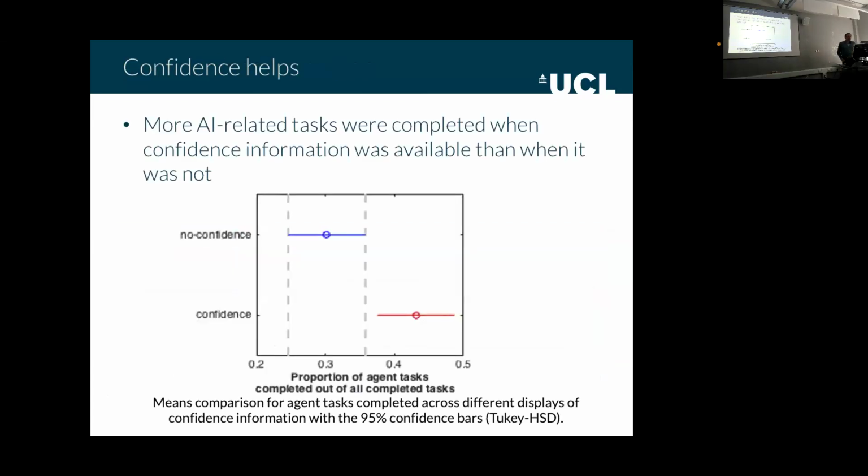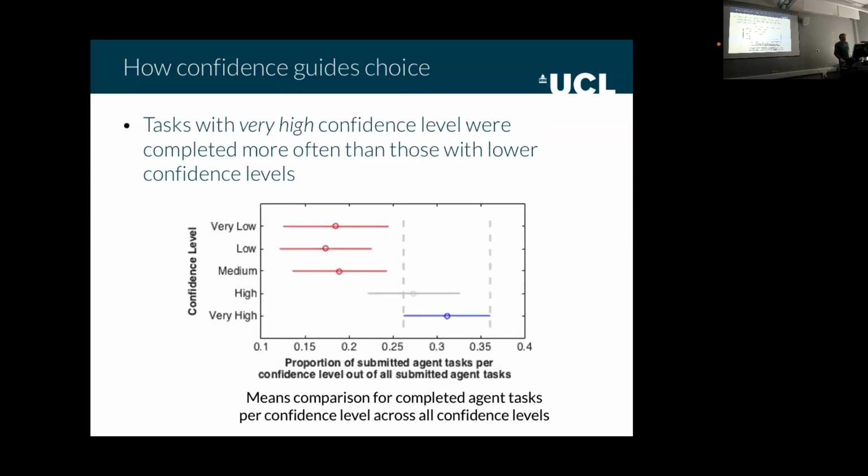The results show that confidence does make a difference. The participants who had the confidence information available did a higher proportion, with statistical significance, of tasks of the AI type. We also observed that there is a measurable difference between things that are labeled as very high confidence and things that are labeled as very low, and medium. But there is no difference within